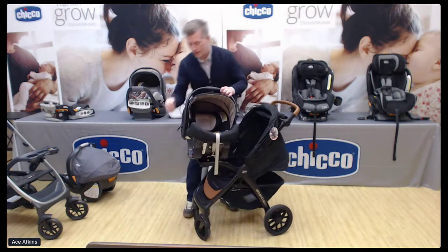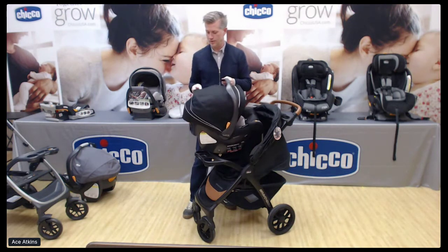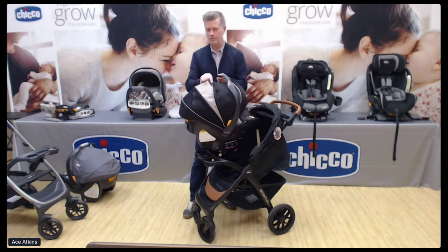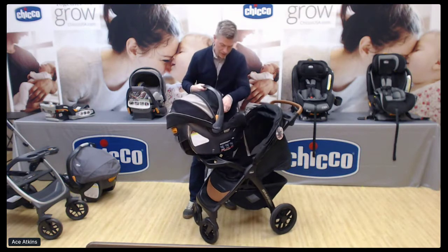on the Keyfit 35 is around the back of the canopy. We have a zip panel that will unzip and fold up, a lot like the canopy on the stroller, but that will reveal a full mesh breathable panel on the back of the infant car seat. And then on the front canopy bow,